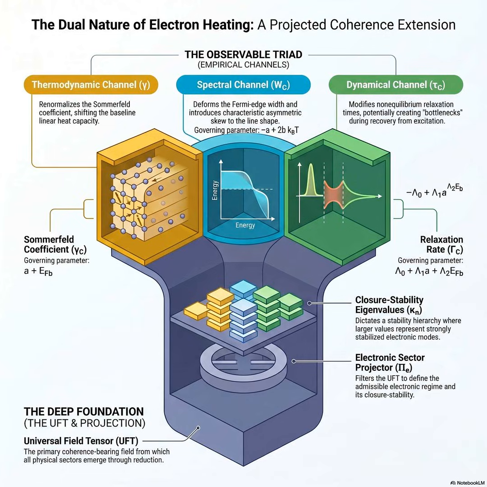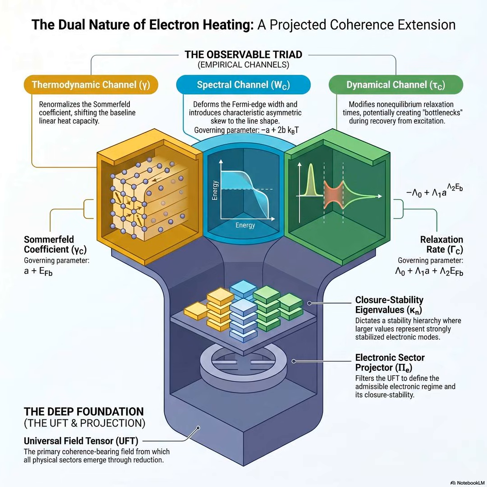That's wild. The UFT projects down into our localized electronic system through a specific mathematical operator. So the electrons in the metal are essentially constrained by the structural shadow of this universal tensor. The structural shadow. I really, really like that framing. The metal we're holding in the lab is catching the shadow of a massive universal structural grid, and the electrons have to navigate their thermal jumps within the confines of that shadow. And Lillian formalizes this navigation mathematically using closure stability eigenvalues, which he calls kappa n.